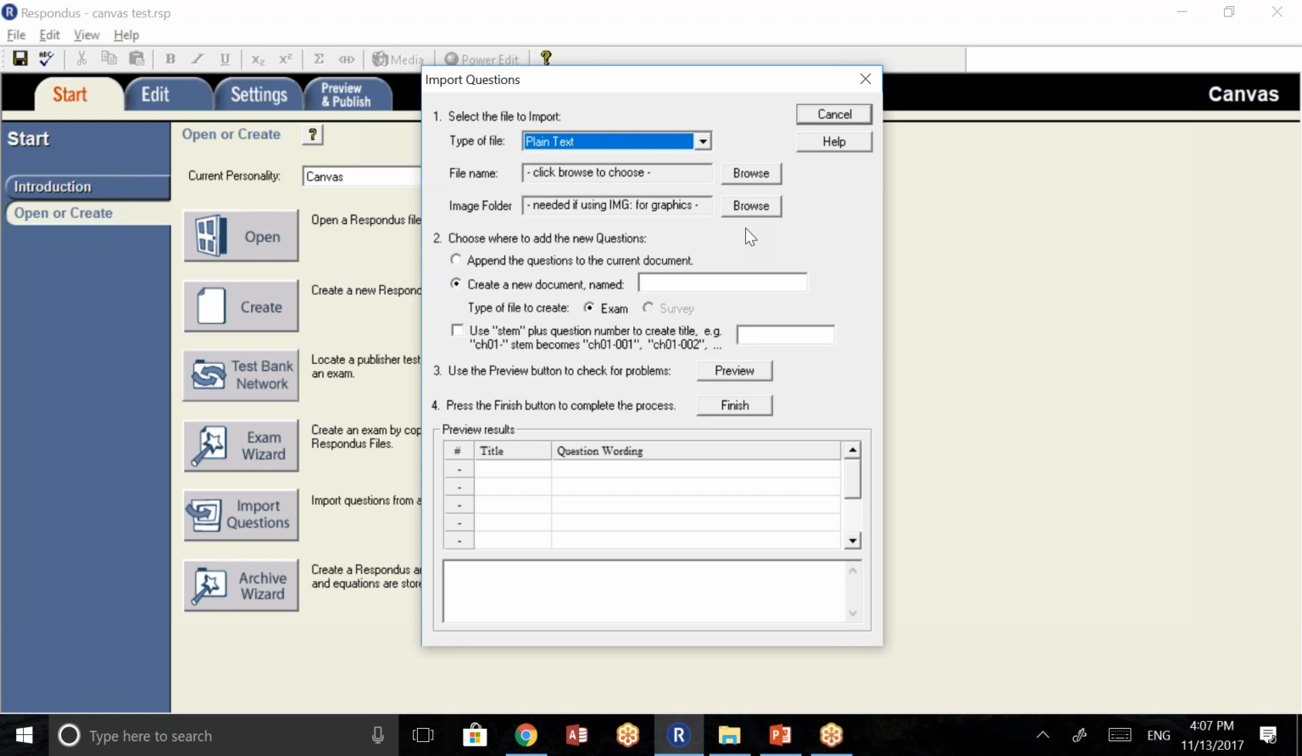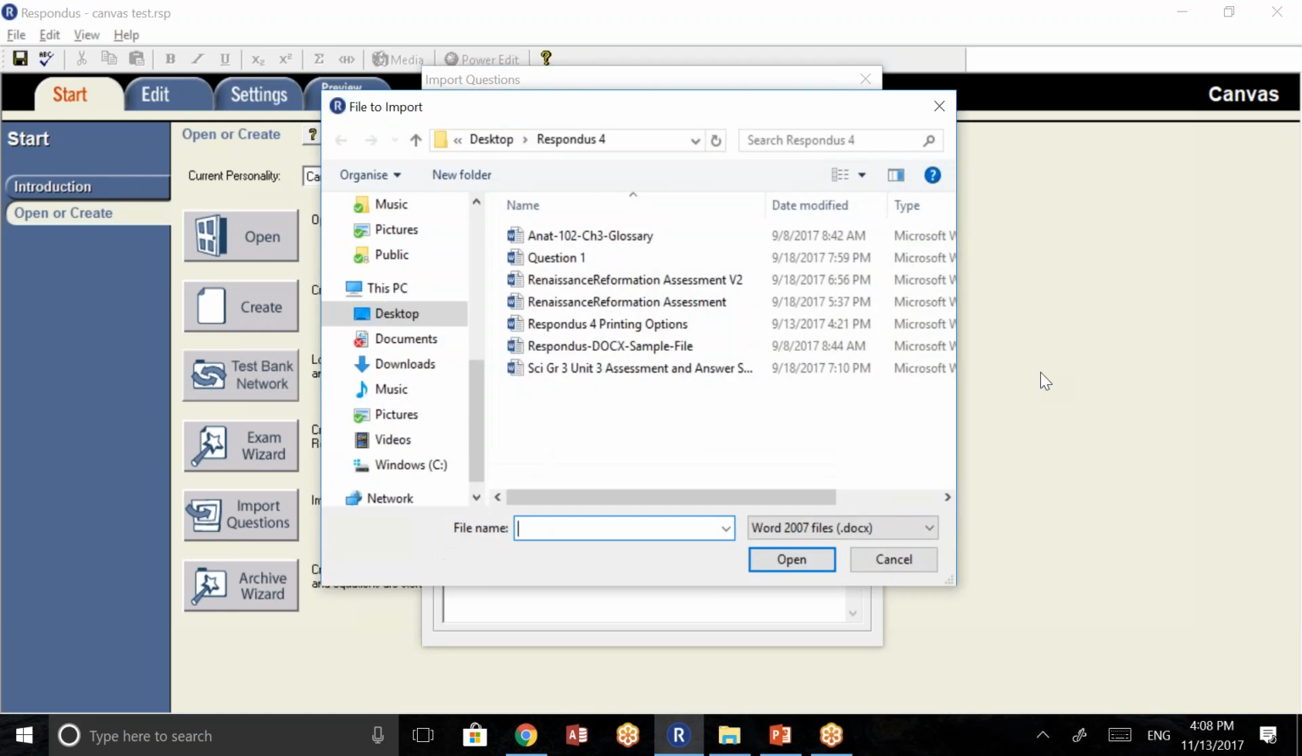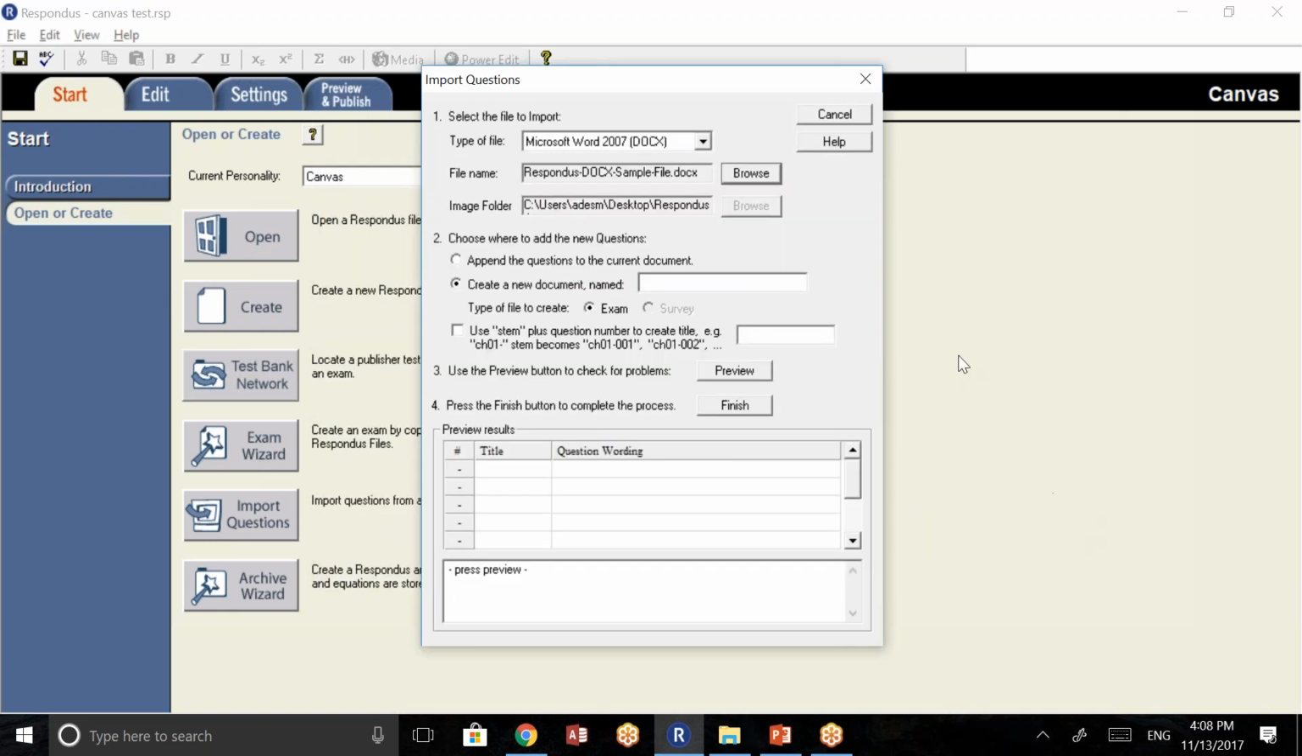So if you're looking to link to existing file types, you can see that this starts off with plain text, but you have a number of different options that are available to you. So for my purposes today, I'm just going to import a document that I have that's a Word doc file. I'm going to create a new document here. So we're just going to call this